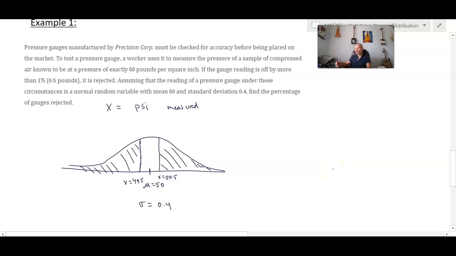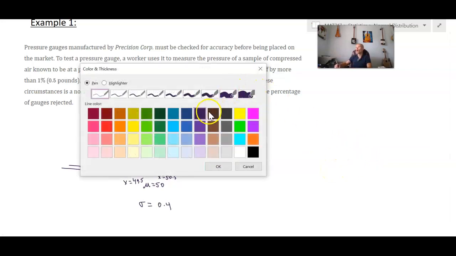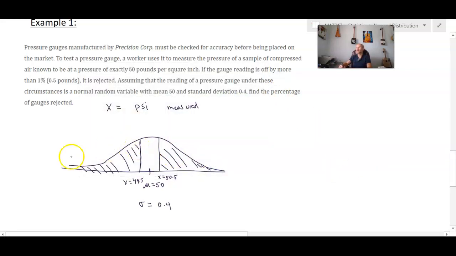So there's two ways we could do this. One is to find the area to the left of 49.5, find the area to the right of 50.5 given a distribution with mean 50 and sigma equals 0.4, and then subtract that from 100% to give us this amount here. Another way I could do this is if I want the purple area, I can just take 1 minus the probability that x is between